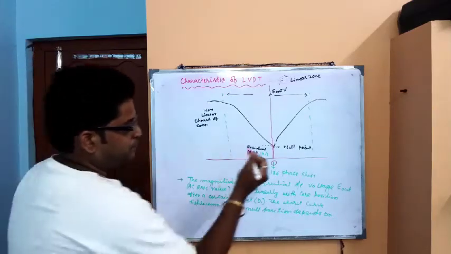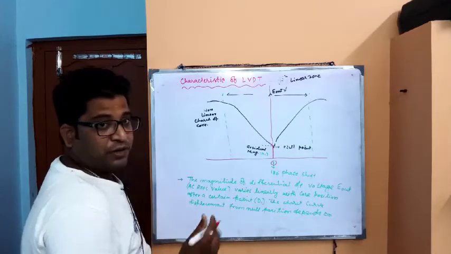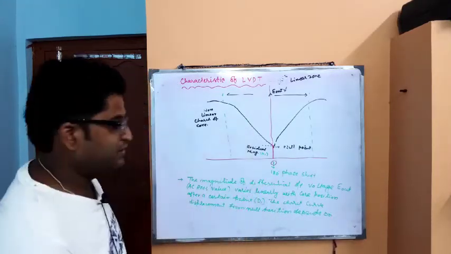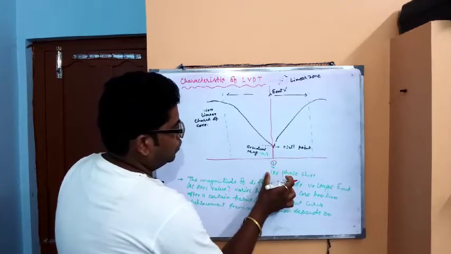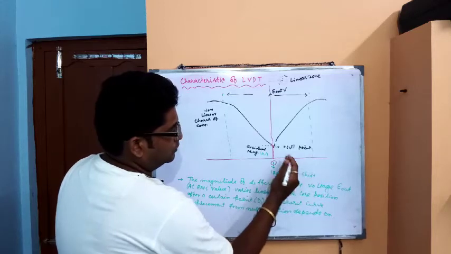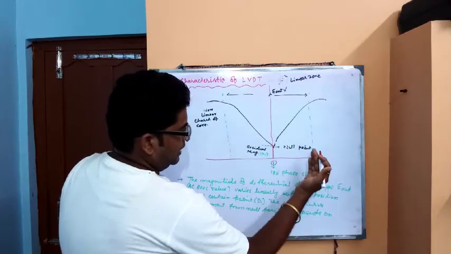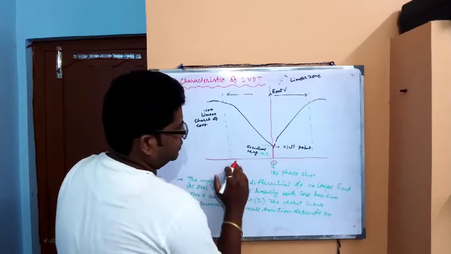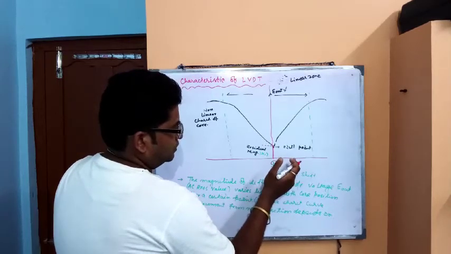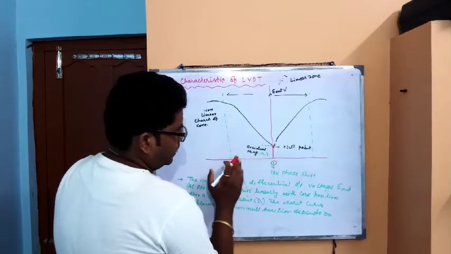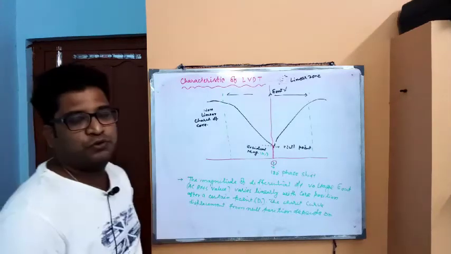This point represents the null point. It does not start from zero. Why am I explaining this? This middle position represents the 180 degree phase shift. If we go from this point downward, to the right hand side, then there is a 180 degree phase shift from this left hand side diagram. Then if we come from the right hand side curve to the left hand side, there is also a 180 degree phase shift between the output voltages.